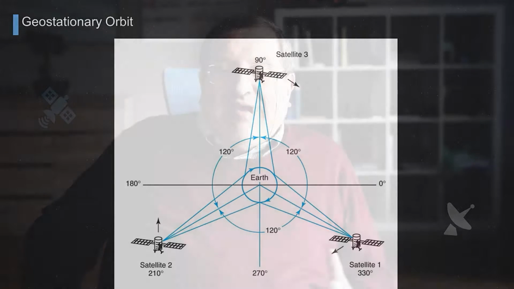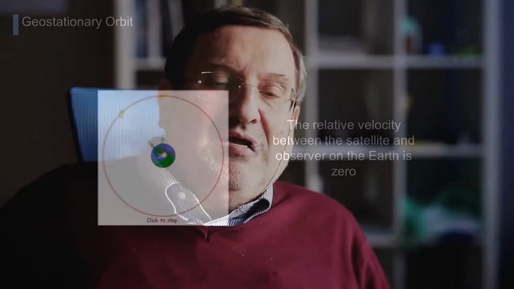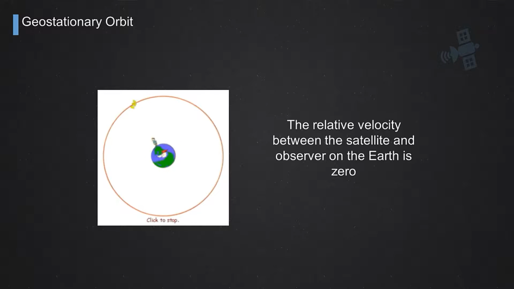What is the characteristic of the orbit? It is a very unique orbit. At that distance from the surface of the Earth, the period of rotation of the satellite around the Earth is 24 hours. So which means that the satellites move around the Earth, but also the Earth rotates in the same direction. The end result is that from a user on ground, it looks as if the satellite is not moving. He will always see the satellite above his head in the same direction.